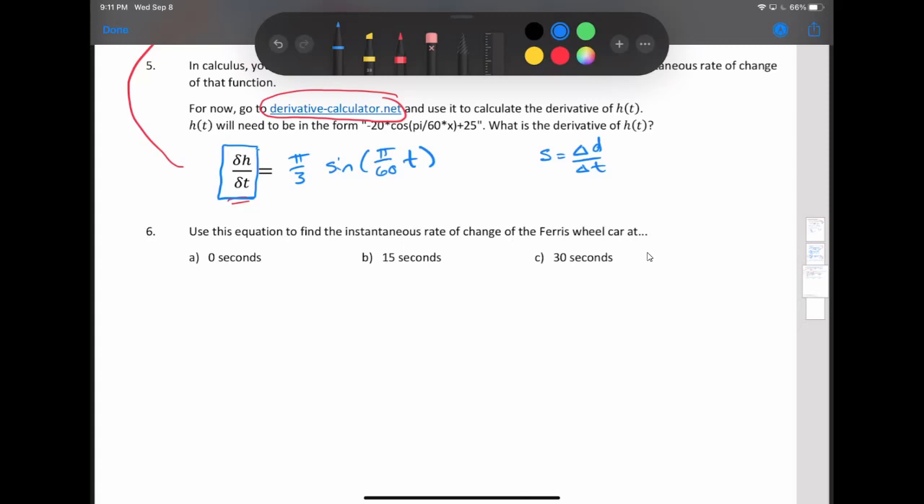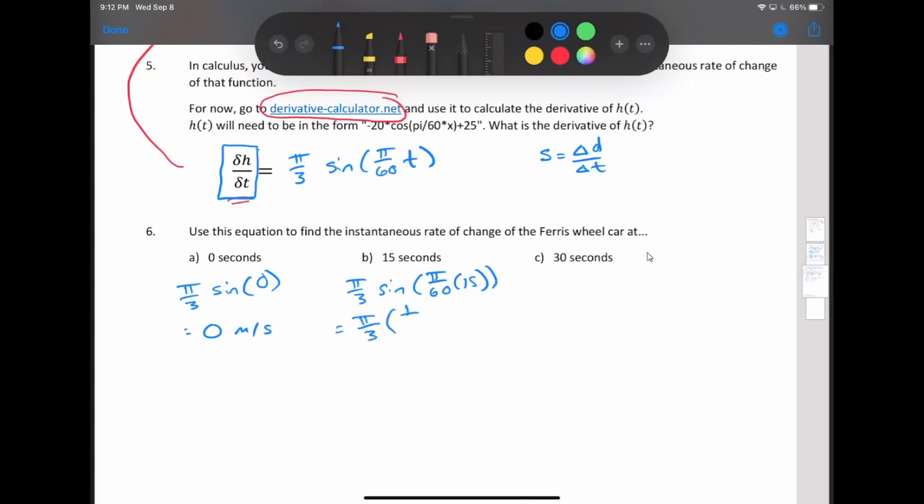We already did this the long way using the h at 0 plus a little bit over or minus h at 0, etc. But it's actually a lot faster to just say that the speed or change of height is pi over 3 sine 0. Sine of 0 is 0. This one is pi over 3 sine pi over 60 times 15, which is sine of pi over 4. Sine of pi over 4 is actually